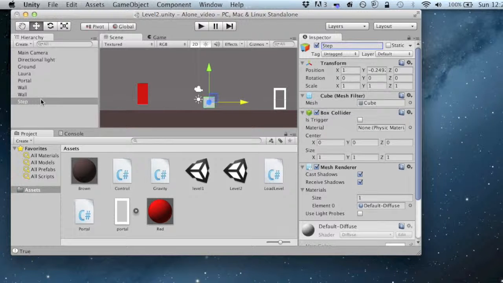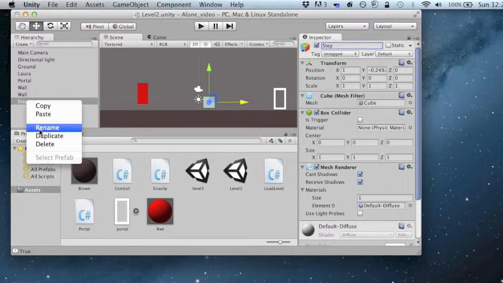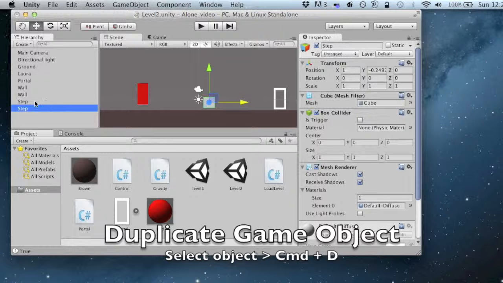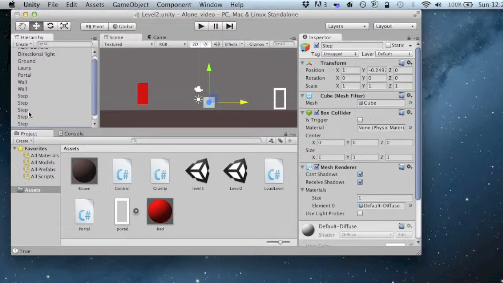Now we're going to want to duplicate our steps a bunch of times to make a set of stairs. You can right-click on your step or control-click and select duplicate, or, I'm on a Mac, Command D, and just do that 5 times. It will duplicate the position as well, so they'll be in the exact same position, just on top